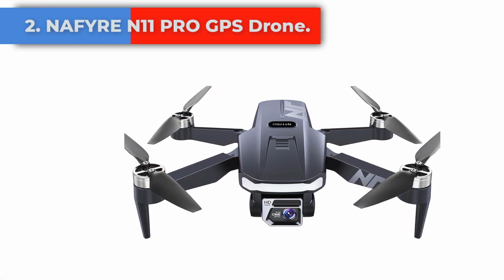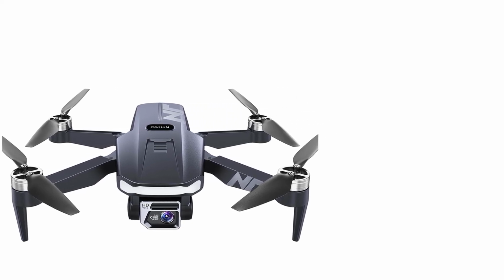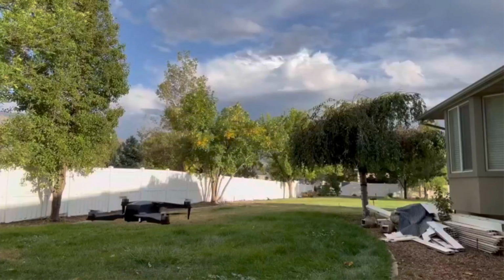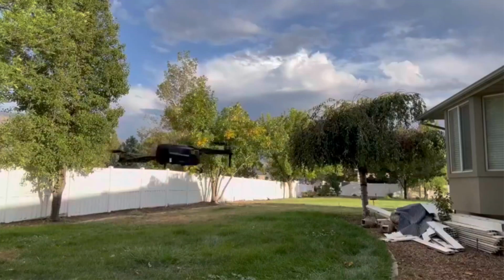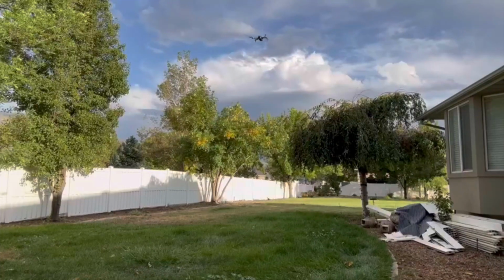Number 2. NAFYRE N11 Pro GPS Drone. Under 0.55 pounds mid-size drone, no FAA registration. Designed with a unique material composition, the N11 Pro is a remarkably valuable mid-sized GPS drone, not many ones. Its weight is kept under 0.55 pounds, eliminating the need for FAA registration. This drone provides a perfect solution for hassle-free flying in the States without FAA, making it ideal for capturing stunning